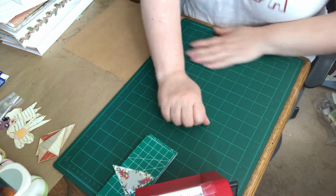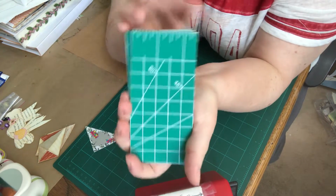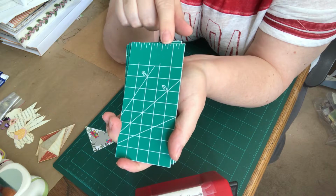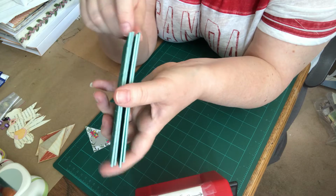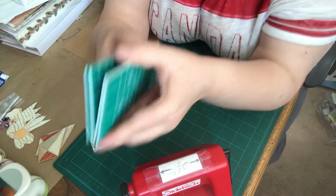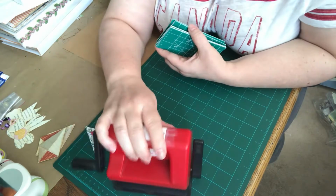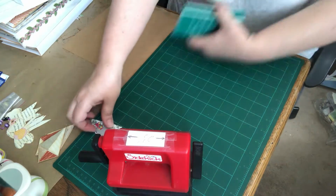Kidding. Okay, so the other thing is the Dollar Tree cutting mats. I cut them into 2.5 by 5. You can only get 3 of these out of one of their cutting pads. So I cut up 2 cutting pads into the shape, so I have 2 extras. And what I discovered is if I take 4 and put them into my little Sidekick. Remember, I found this at Value Village for $4.99 or $5.99, but it didn't have any plates with it. And I did order plates, but in the end I didn't need to, because